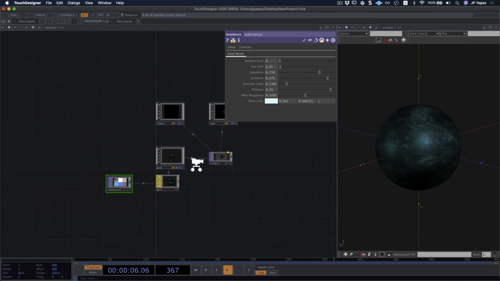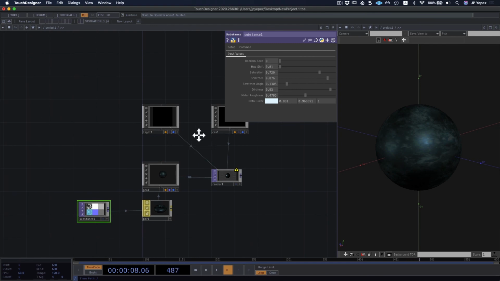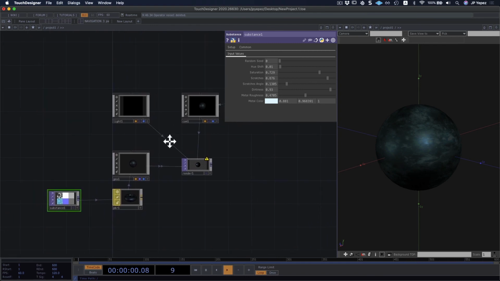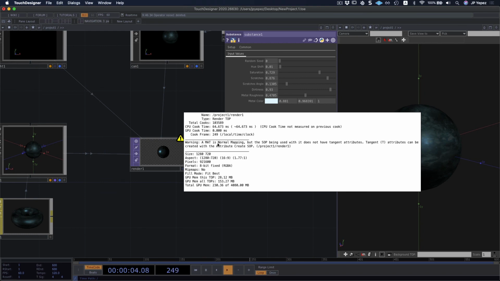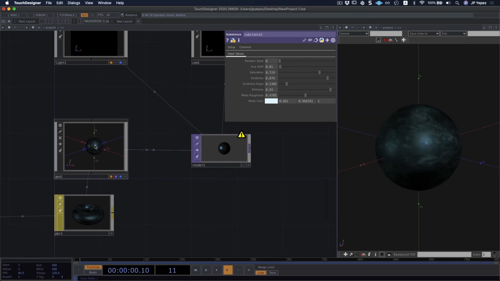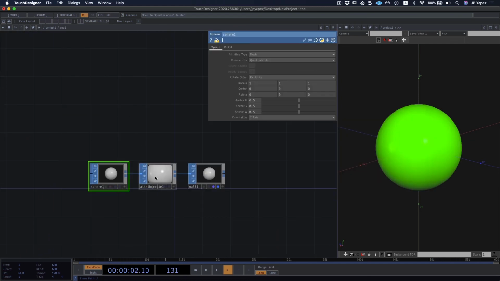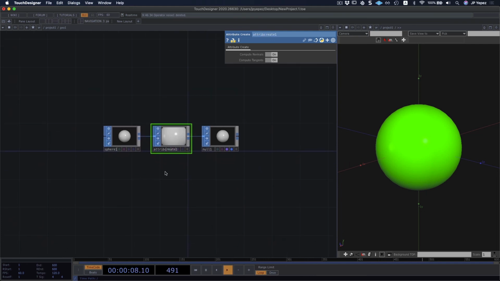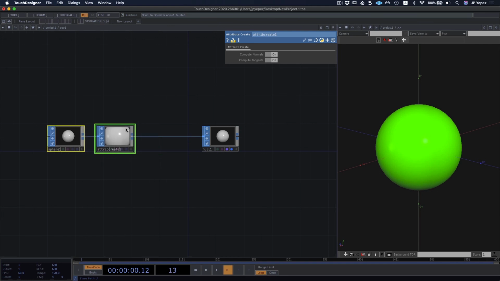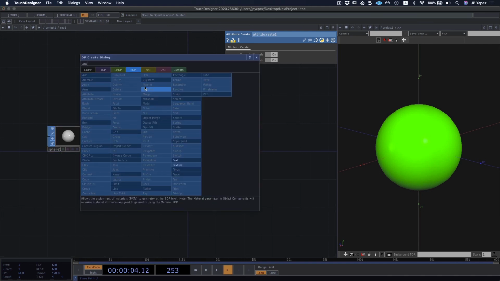Whenever you work with this type of photorealistic thing, you might want to consider more lights or perhaps a nice background. In this case, it's also telling me that a material is normal mapping, but I don't have tangent attributes. But conveniently, I've been using attribute create for my network, and all I have to do is compute tangents for it. In fact, I would recommend inserting the operator called texture.